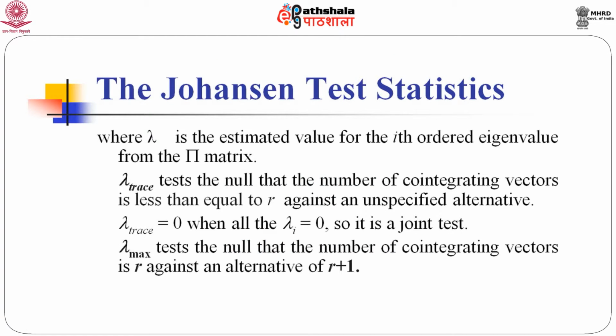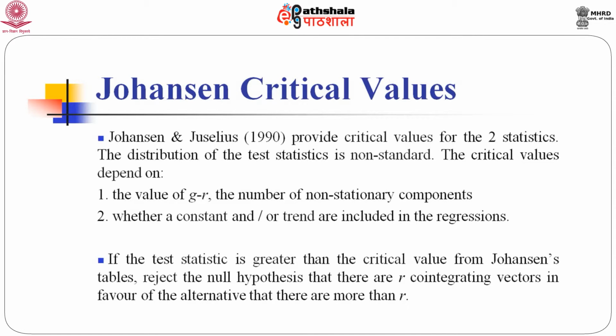Lambda i is the estimated value of the ith ordered eigenvalue from the matrix pi. Lambda trace tests the null hypothesis that the number of cointegrating vectors is less than or equal to r against an unspecified alternative, and lambda trace equals 0 when all the lambda i equal 0, so it is a joint test. Lambda max tests the null hypothesis that the number of cointegrating vectors is r against the alternative hypothesis r plus 1. So, Johansen and Juselius provided the critical values of the two statistics, and the distribution of the test statistics